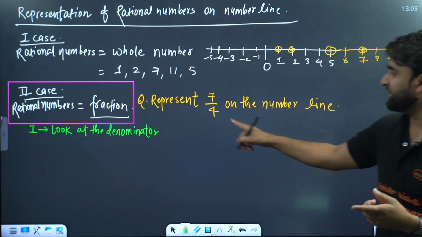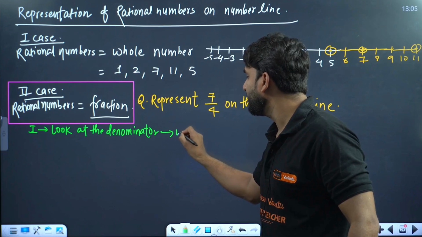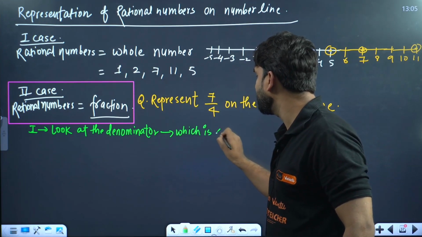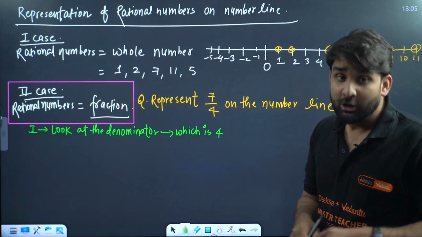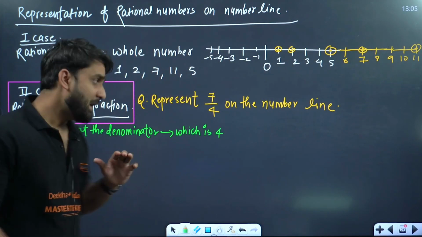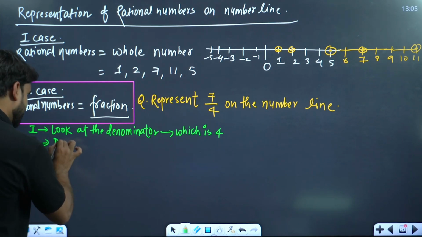Please try to understand what I want to say. Look at the denominator. So in this fraction, the denominator is 4. Let me write here: look at the denominator, which is 4 according to this question. So the first step is what? Look at the denominator always. I hope you are getting my point. Now the second step will be to divide